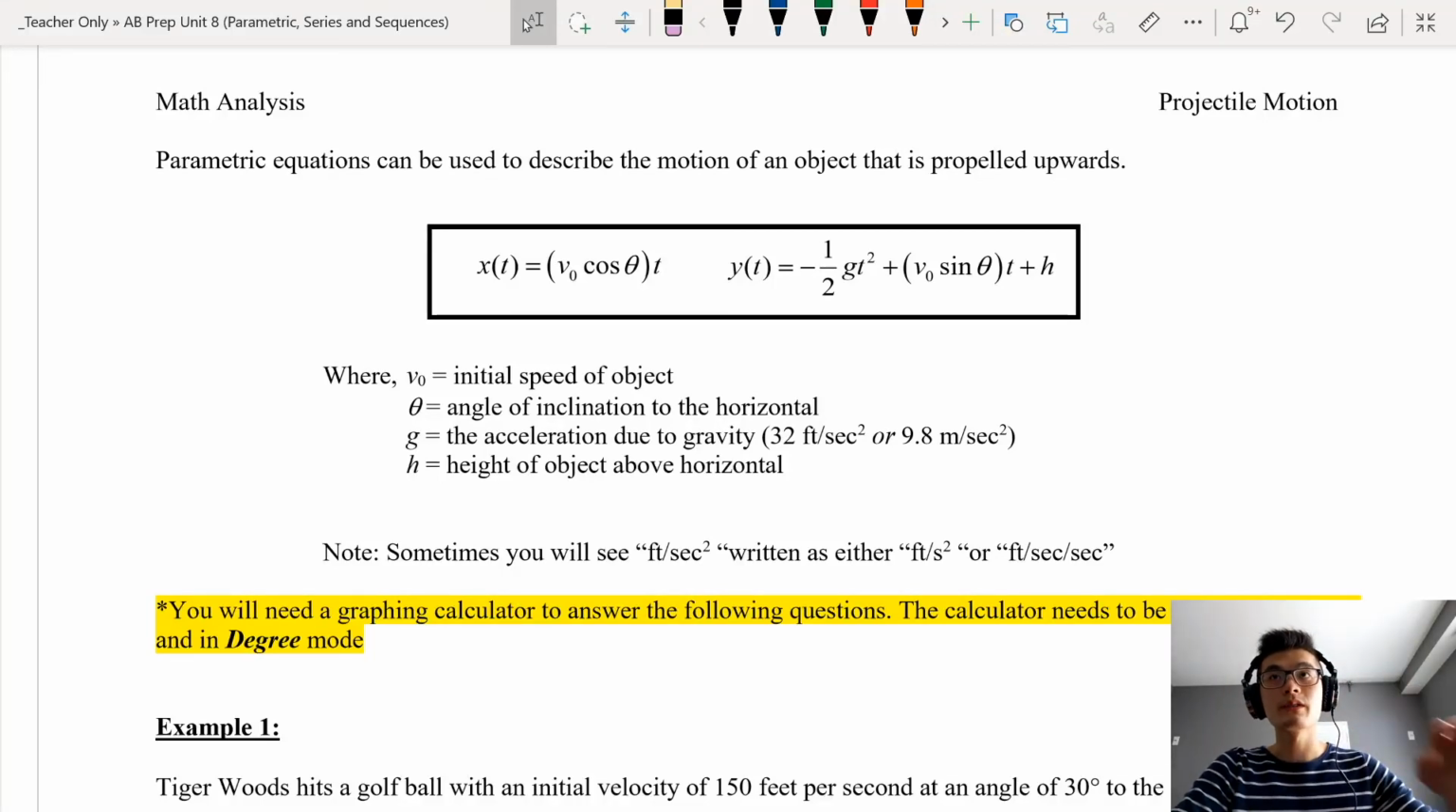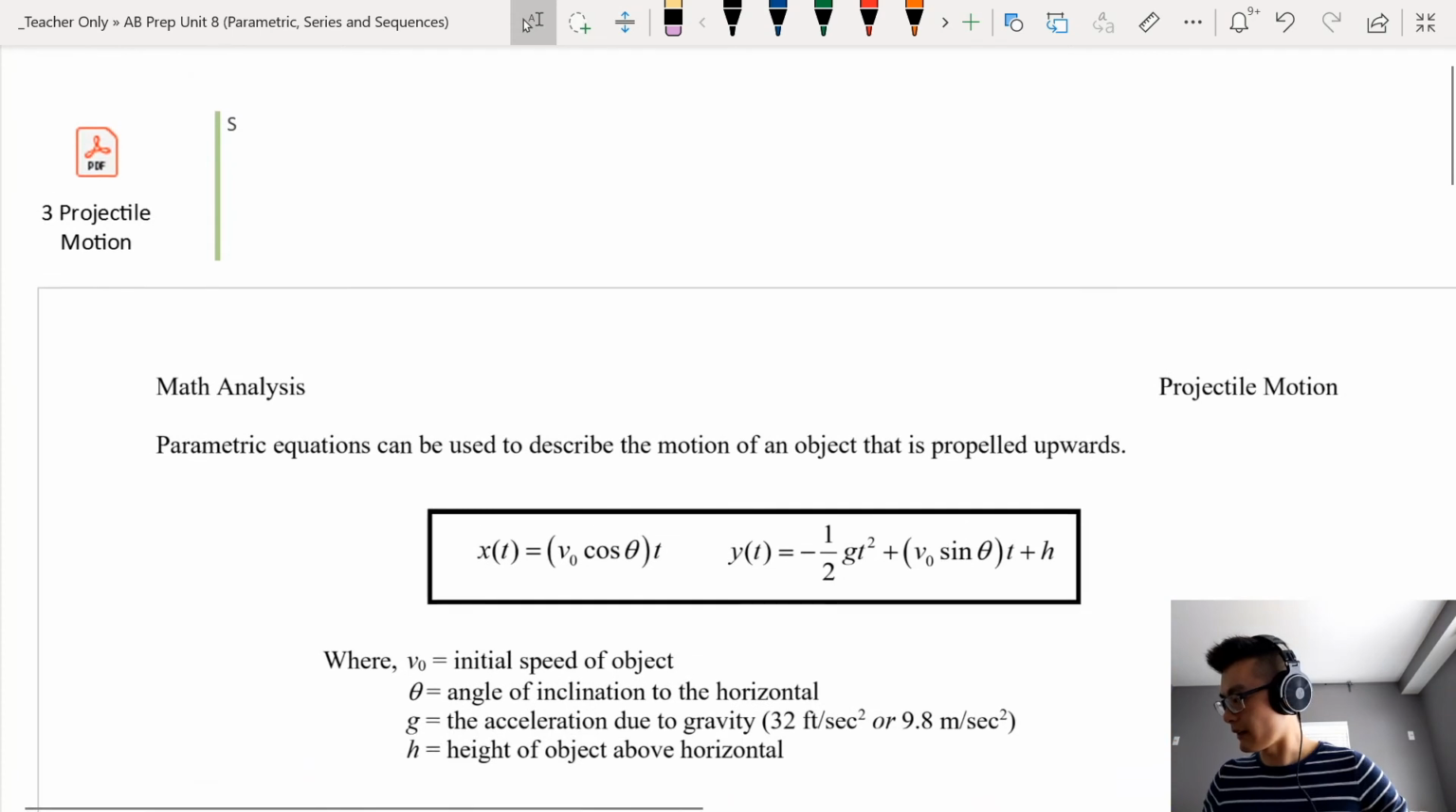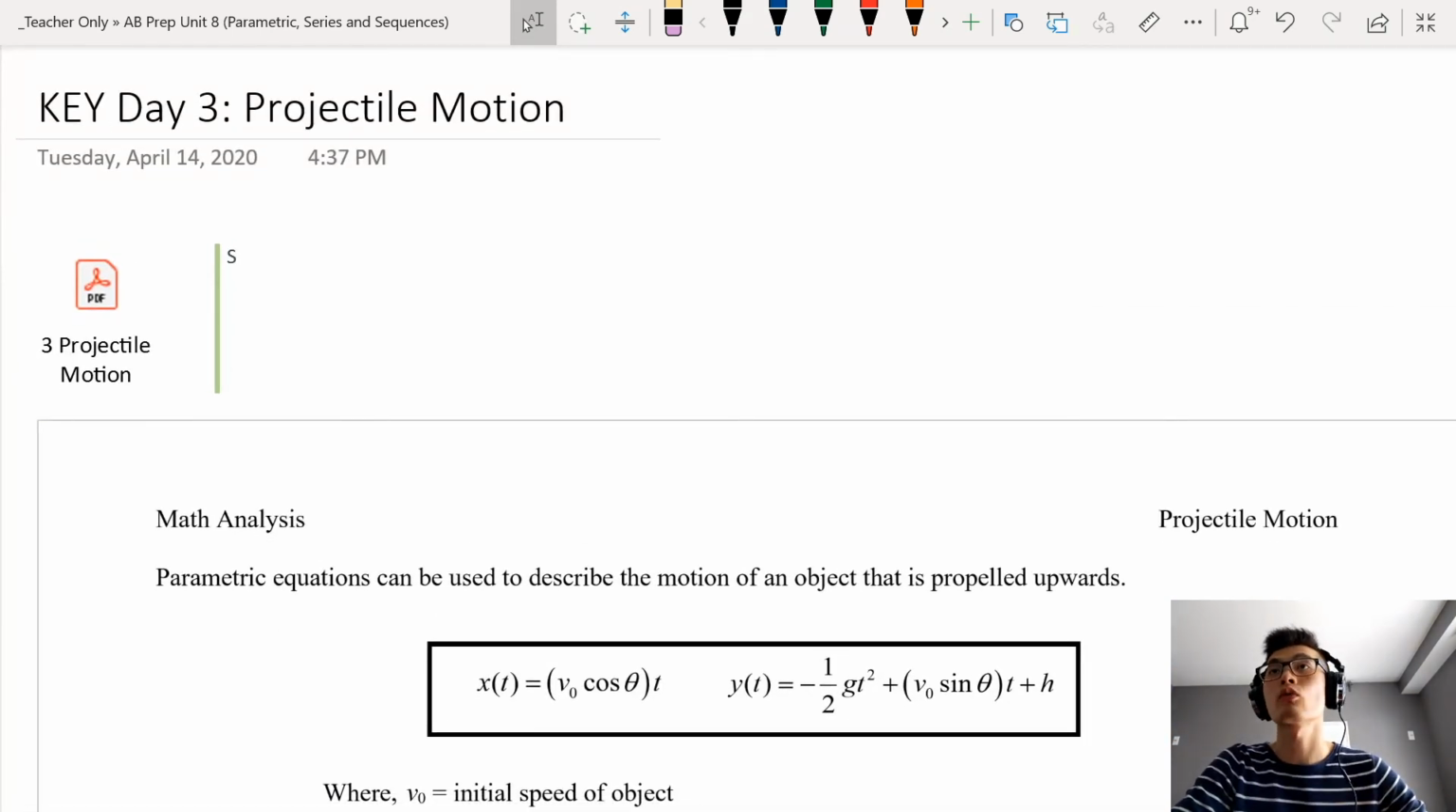All right, welcome to day 3. Let me just scroll up so you guys can see that there. This is day 3 on projectile motion. This will wrap up everything we need to know about parametric. We're just doing a quick guide through it, making sure we go, and now we're gonna talk about